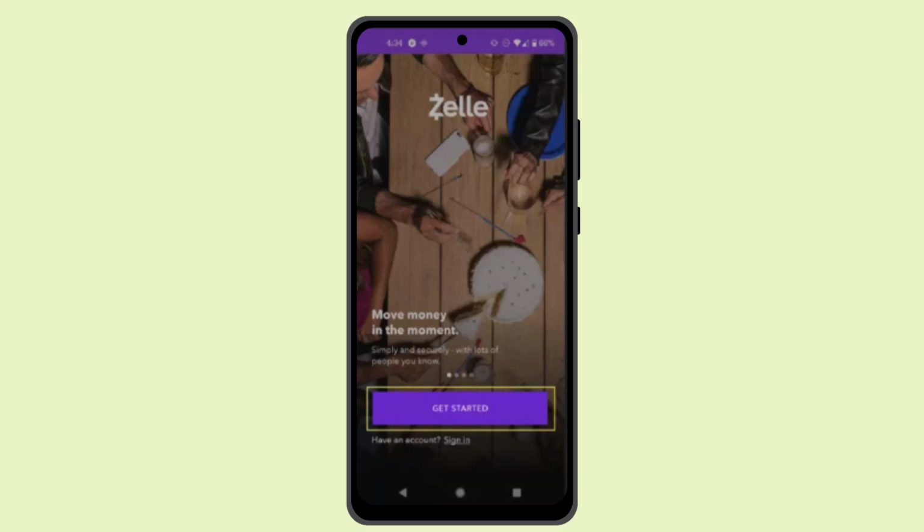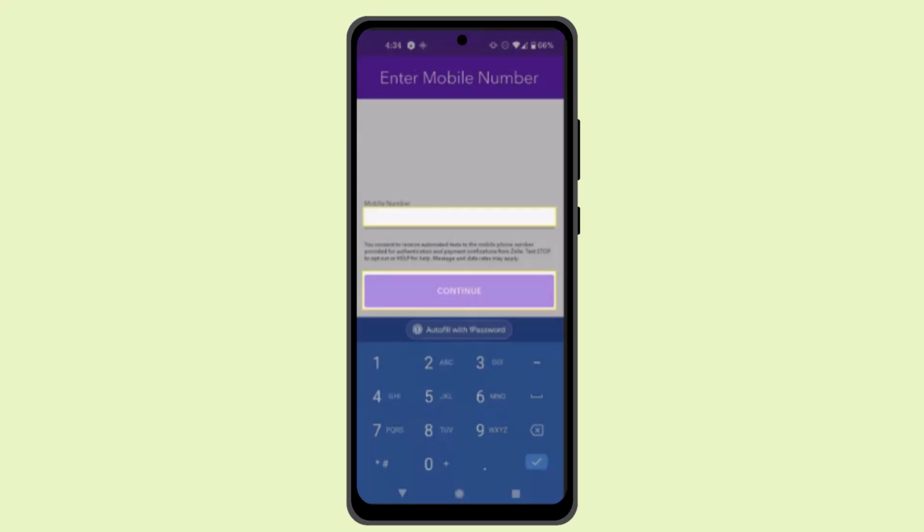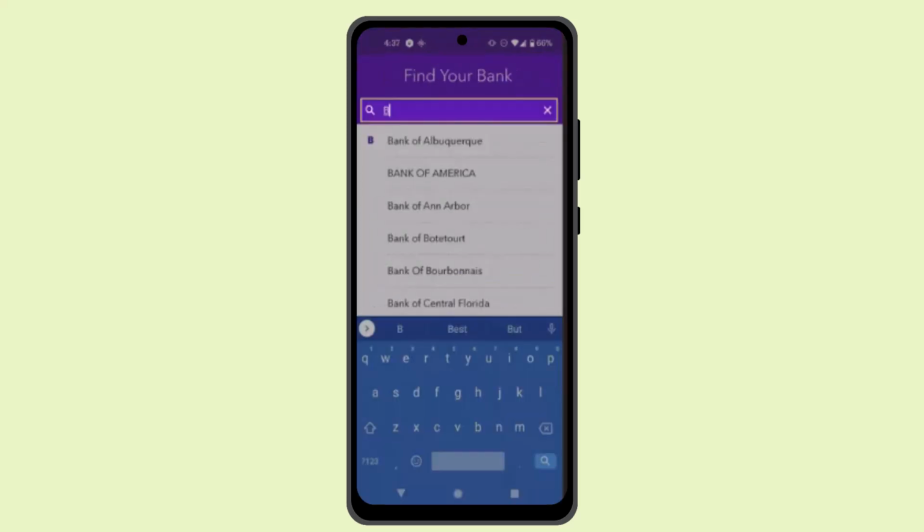as guided. So first thing, you need to go ahead and log into your Zelle app. And when you are logged into your account, then tap on the gear icon from the top right hand side corner of your screen, and from the account section you can go ahead and change your debit card by selecting switch account, and you'll have the option to select from a list of banks and credit